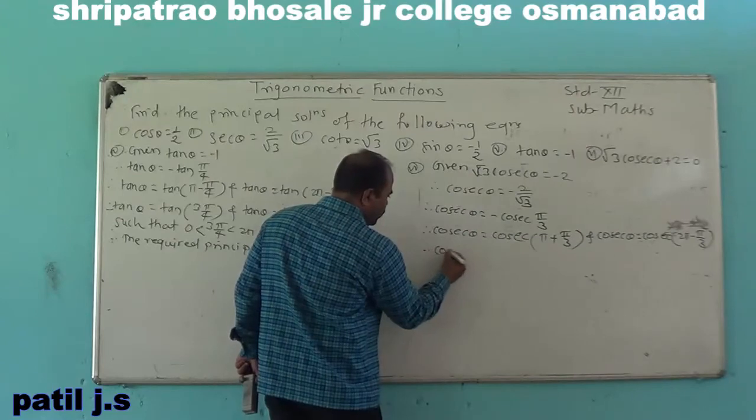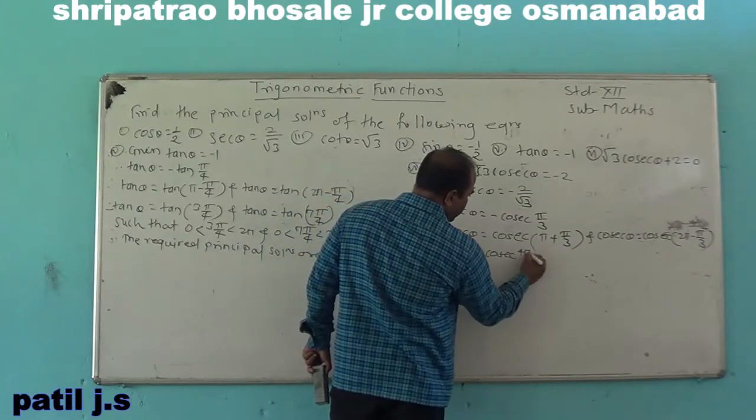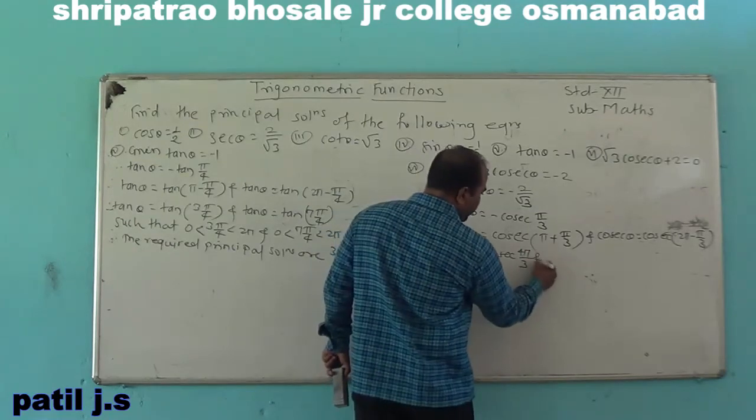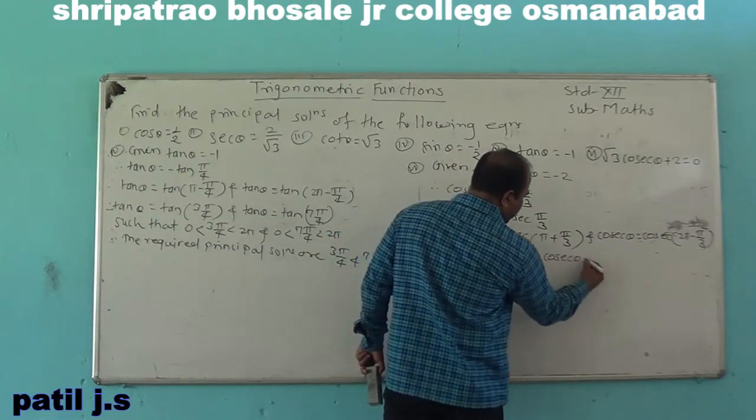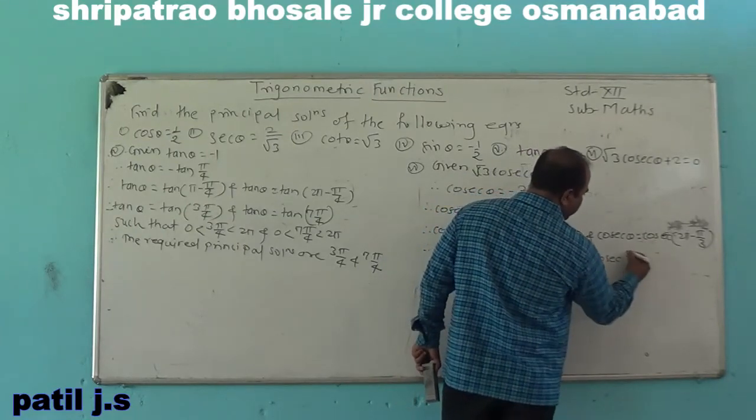Therefore cosec theta is equal to cosec 4 pi by 3 and cosec theta is equal to cosec 5 pi by 3,